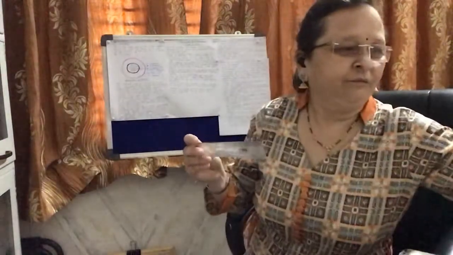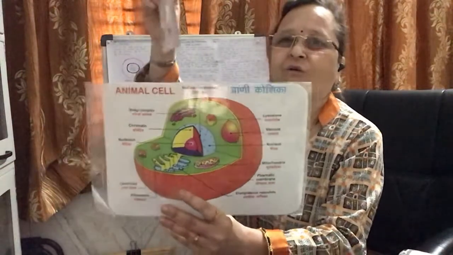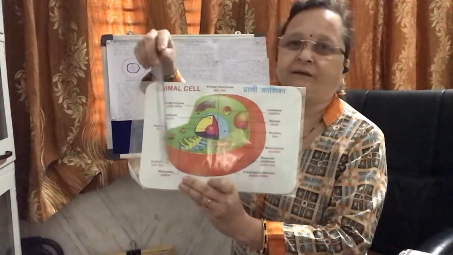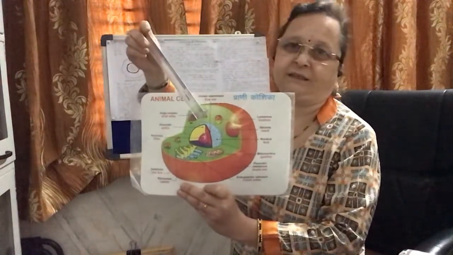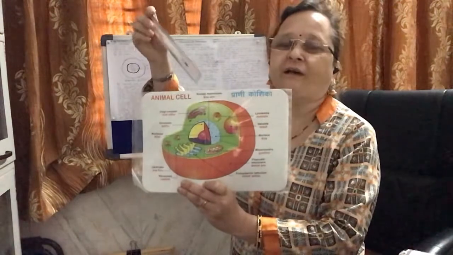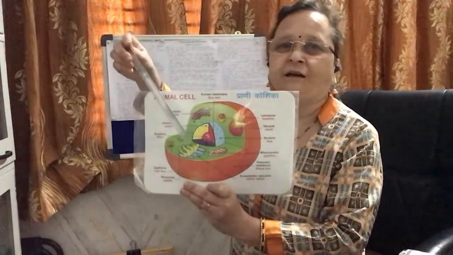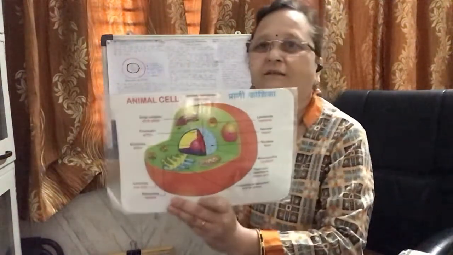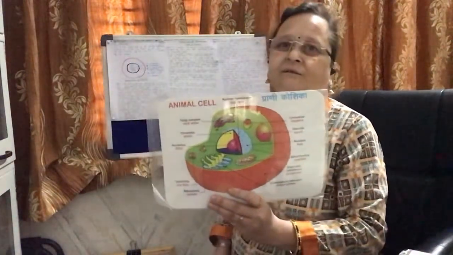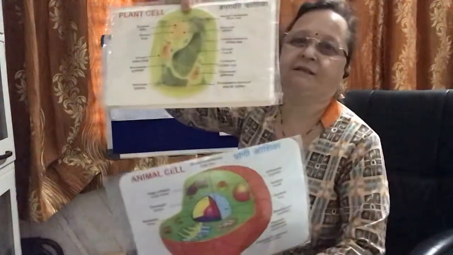Now, see here students, this is an animal cell. In the animal cell, instead of a cell wall, the outer layer is made of plasma membrane, and chloroplast is absent, and all the other cell organelles like mitochondria and Golgi bodies are present, as well as the nucleus. So I have just recalled the animal cell and the plant cell. This is the plant cell and this is the animal cell.